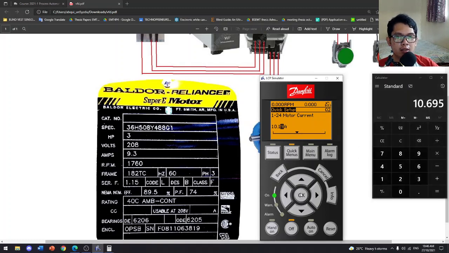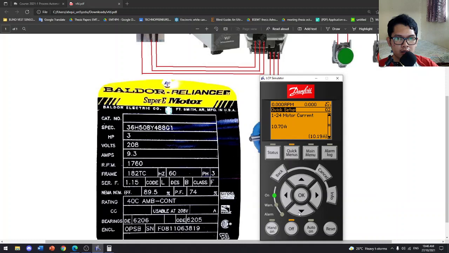So change this one into 10.70, okay, in our motor current. Okay, press OK, and then next.